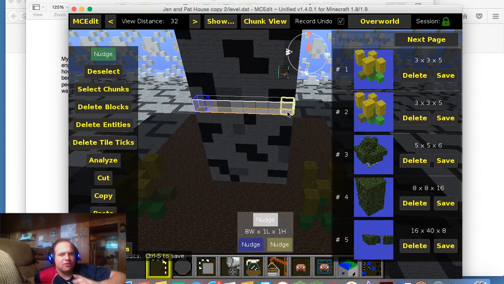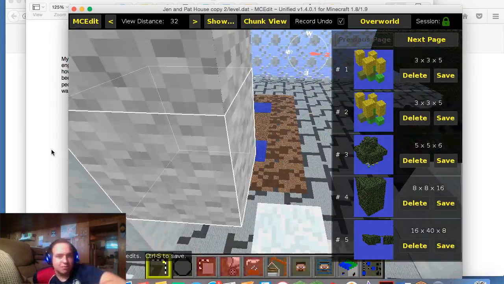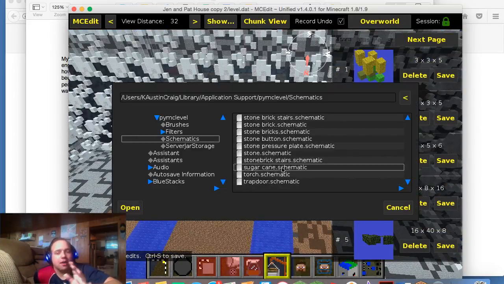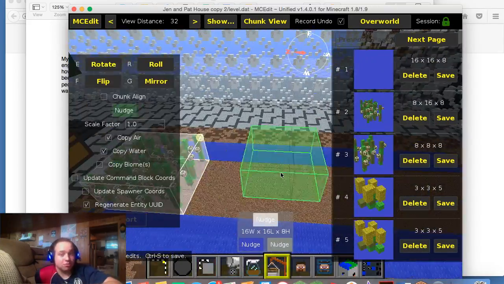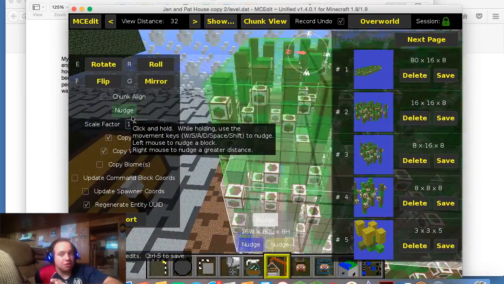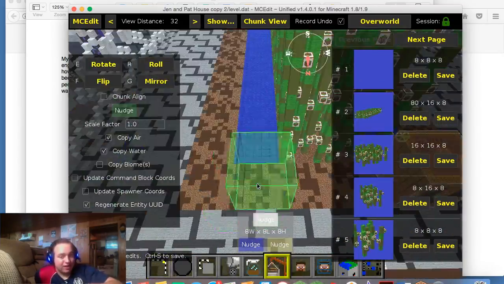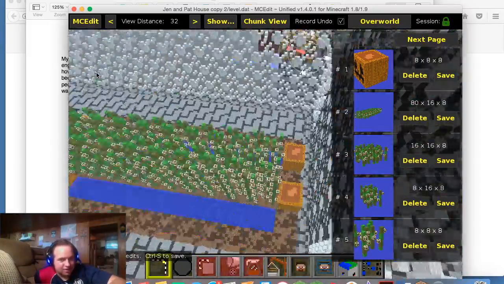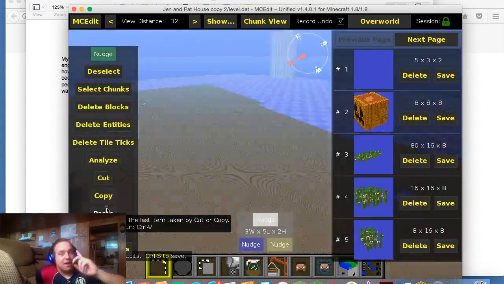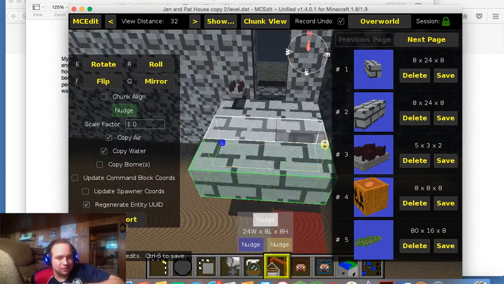I had to leave in a rush for something. Don't remember what, but I left. I turned my computer off. Didn't turn it off, just closed the lid. All my progress, not all my progress, but most of the progress on the farm was gone. So I saved the video, but I forgot to save the MC Edit. So this is the actual footage of me before, but I had to completely rebuild it in between recordings.